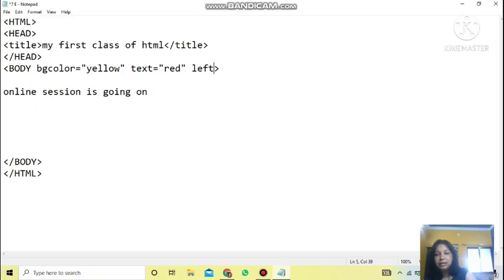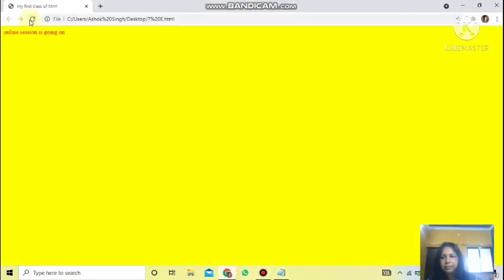So left margin equals to 200. Then top margin also I want to leave 200. There also use double quotation marks. And then save it. File, save, and then refresh the page. Can you see here 200 pixels on the left, and here also. Same way, bottom margin and right margin can also be used.